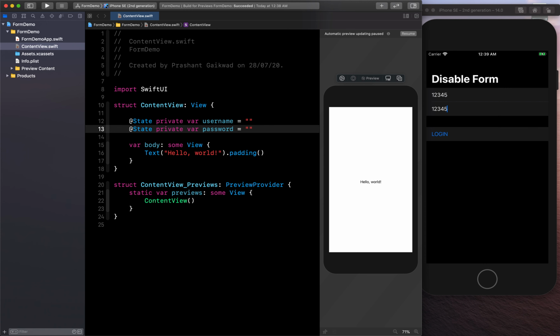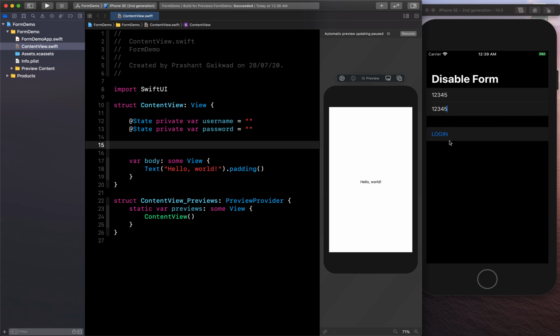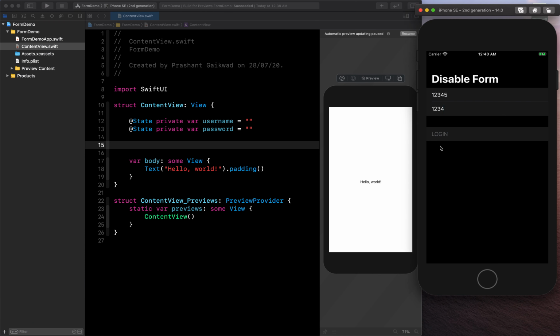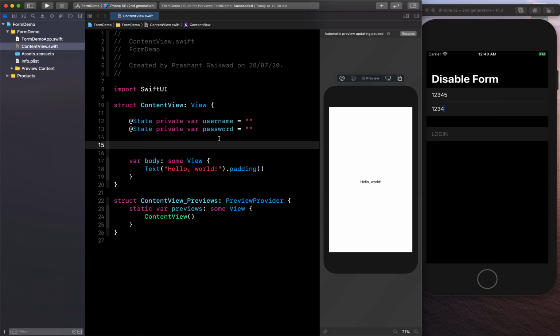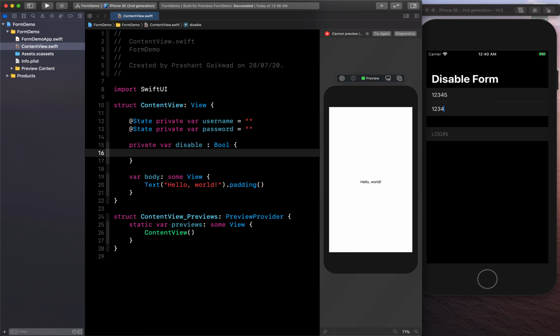again the same. And now we need one more thing, that is when we need to change the state of this button, like if I just reduce one number from this, then it will be disabled. So we need to handle that also. So let's create a property for that. Here I will create the property as private var disable, and this will be a bool type, and we need to change it depending on some condition.